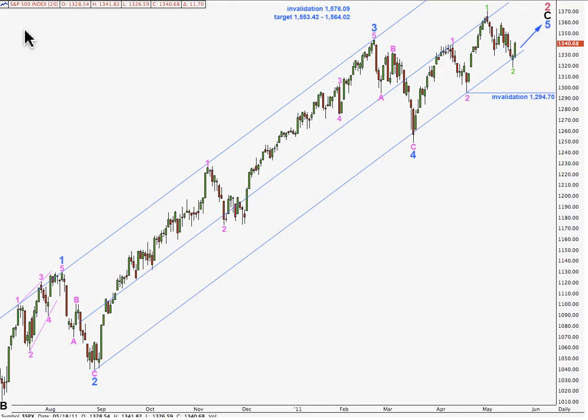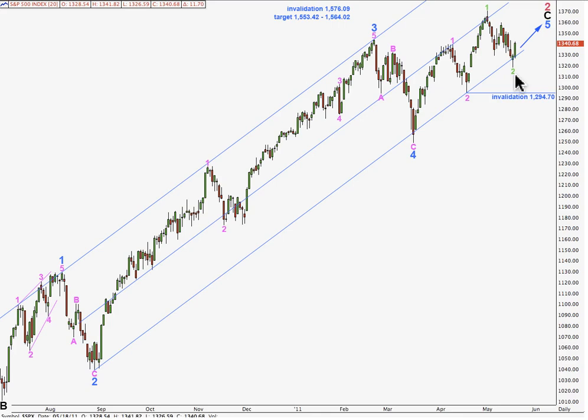This is our main wave count for the S&P on a daily chart, and we're expecting still further upwards movement. Primary wave 2 zigzag has to have a completed 5-wave structure for wave C black, which is subdividing as a simple impulse. We have 1, 2, 3, 4, and now the 5th wave is subdividing with an extended 3rd wave in the middle of it. Within wave 5 blue so far we have 1, 2, and then within 3, 1, 2. We can't count this as 1, 2, 3, 4 because 4 would be in 1, so wave 3 pink is